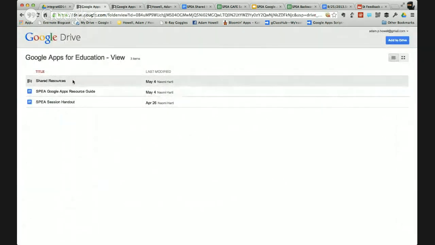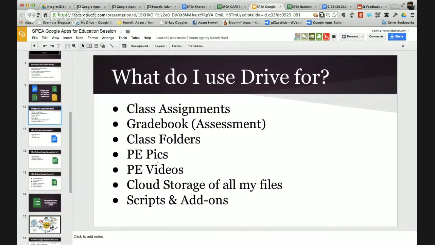But there are some other things that I do with Drive. When I'm in my classroom with my students, I have my iPad out and I'm taking pictures of my students and the work that they're doing. And then I put that in a folder that's shared with my students that they can access. We have Google Sites, and we use those for e-portfolios. So we have students